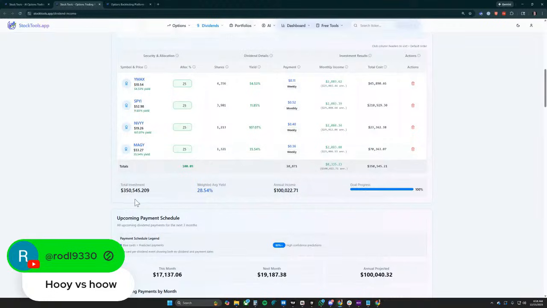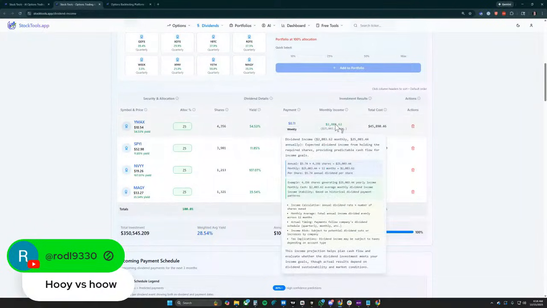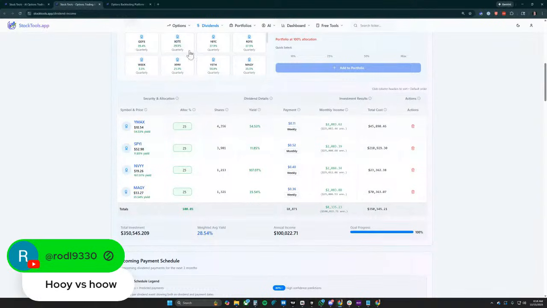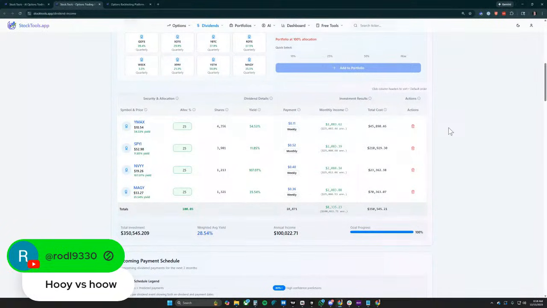Oh, because you put more in SPY. All right, that makes sense. Oh yeah. Actually, I didn't explain that part. The way this one works, and I have another one that's options based as well that does the same thing, the idea is I want 25% of the income to come from this, not 25% of the 350,000. So it is going to be much more SPY.